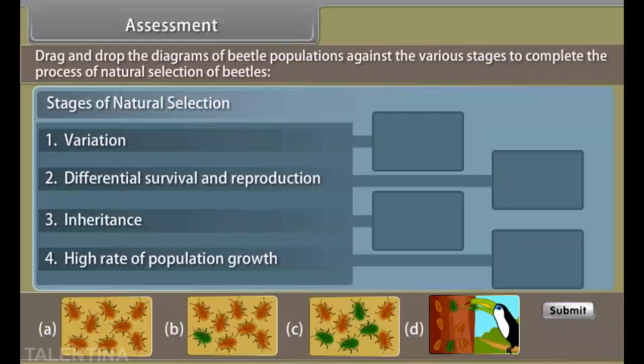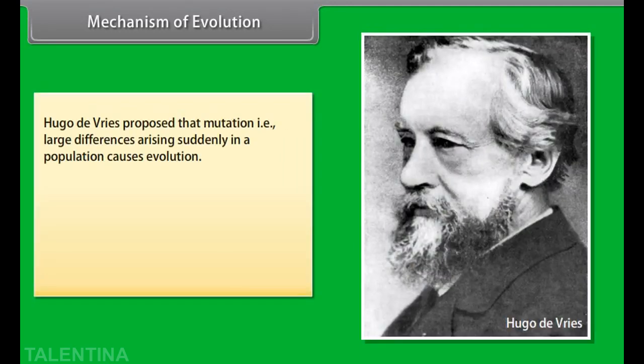Assessment. Before proceeding further, let us know how much have you learned. Drag and drop the diagrams of beetle populations against the various stages to complete the process of natural selection of beetles. Mechanism of evolution. Hugo de Vries proposed the mutation, that is, large differences arising suddenly in a population causes